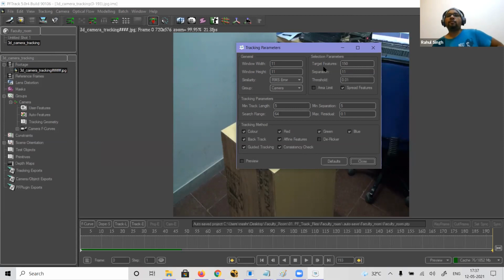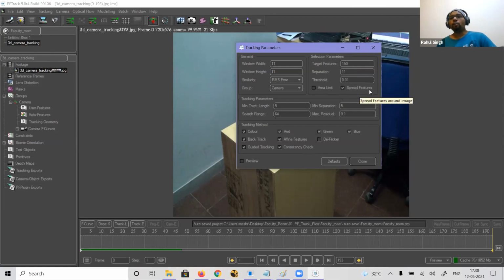Now, target features is the maximum number of points. The maximum it will make is 150, means a total of 150 track points it will create in the scene. So this is a maximum value. Separation from each track point to another track point will be 11 frames. There is a threshold value given as 0.01, which is just for how the track points will be selected.